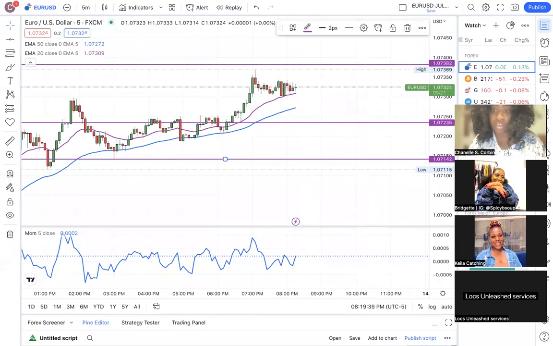And again, these are just trade ideas based on what we learned today. You don't have to take them. It'll just be backwards. You'll set your sell limit at 1.07370 and then set your TP at